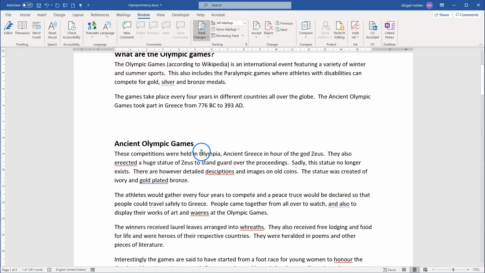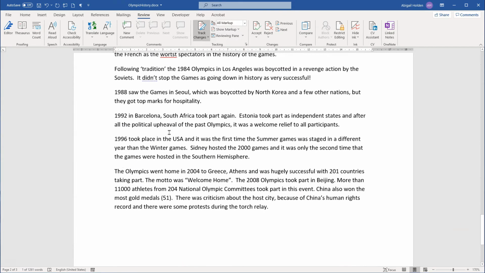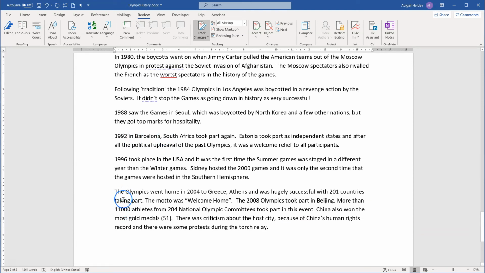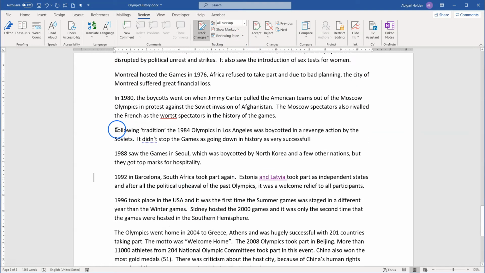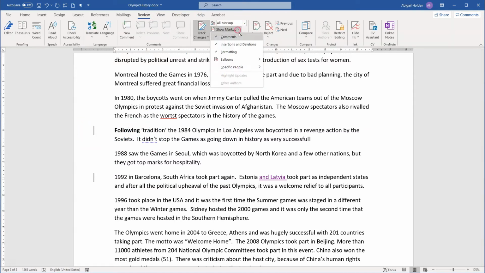So let's say I'm going to go down to here, and I'm going to make the change, and I'm going to add some text here, and you can see it's given me the color purple, and it's indicated here because I've got all markup on. If I say simple markup, it just has the red line indicating that there was a change here somewhere. If I do something like changing the formatting, let's say I make this bold, again it just shows as a little gray line, but if I have the